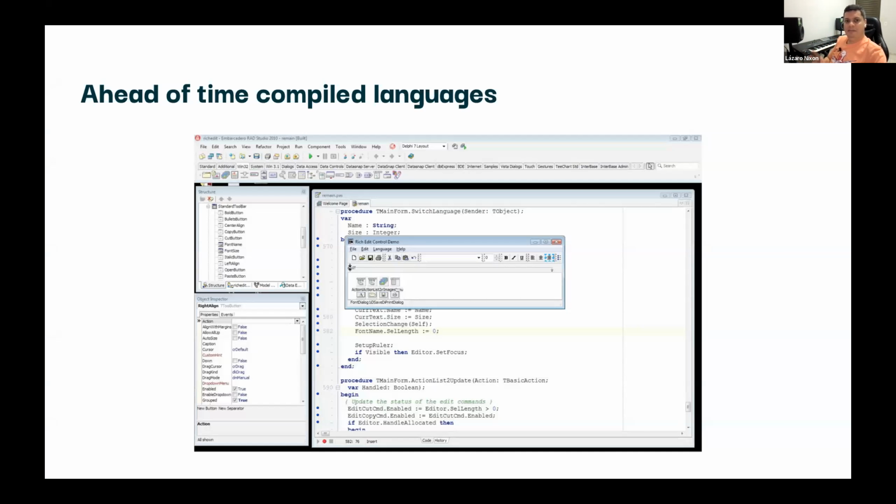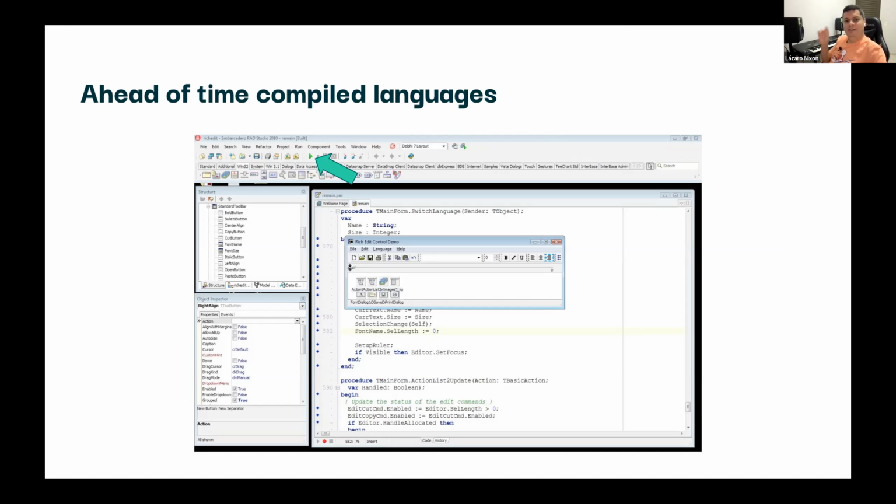So first we have that kind of language. They are ahead-of-time compiled languages. So I had the opportunity to work with Delphi 7, Borland Delphi 7. So you have an application, the IDE, and usually we have a button like that.